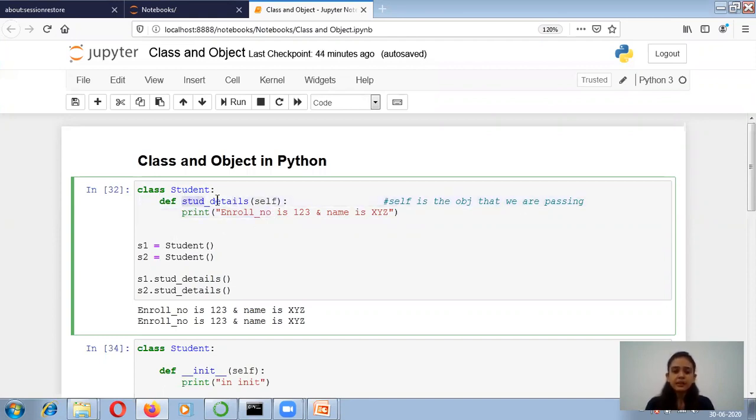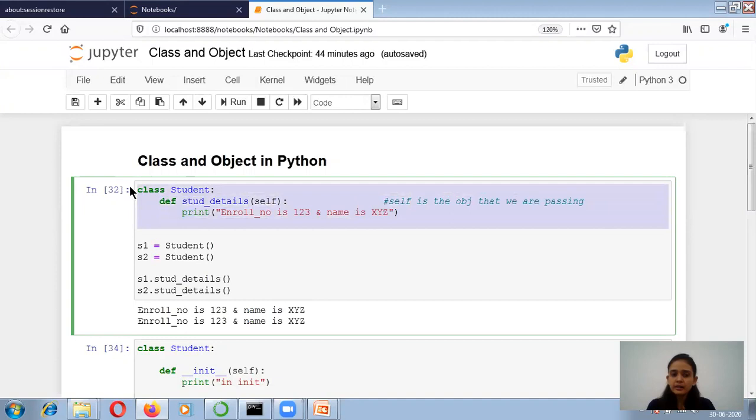I am defining one function with function name student details, and as an argument, I am writing in the brackets self. So what is self? We will see that. Right now, remember that I have created one function with name student details, and within the function I am printing the statement: enrollment number is 123 and name is XYZ.